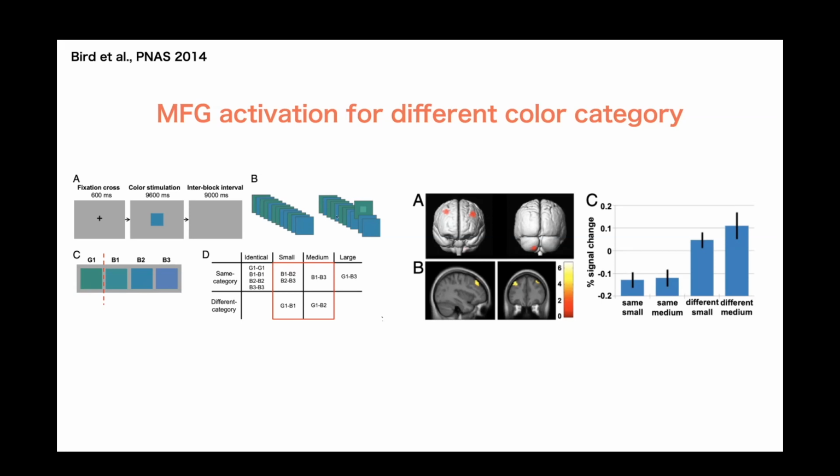When we perceive these different colors, medial frontal gyrus activations are only observed when we compare green and blue, but not for the same category. So for the same category, even though the degree is different, MFG was not activated. But once it's a different category, these regions are activated. Okay, so